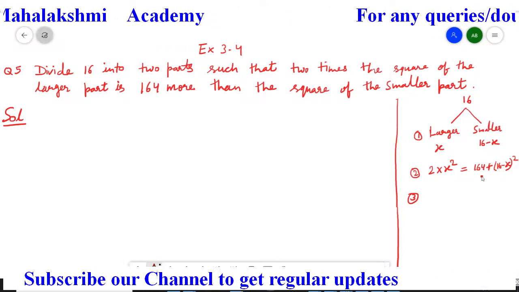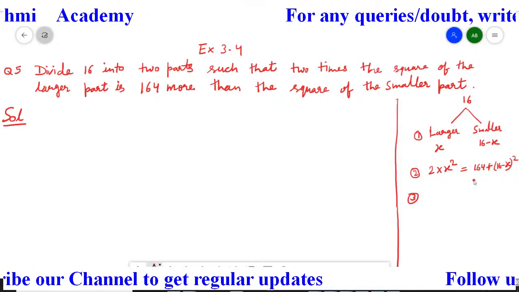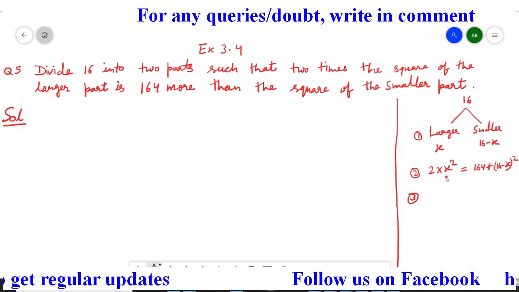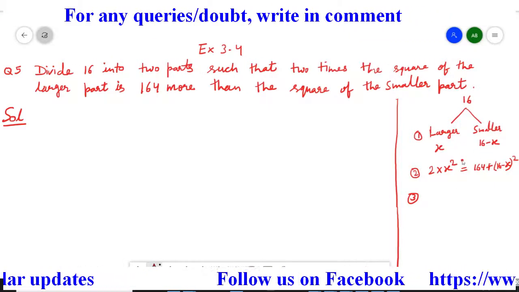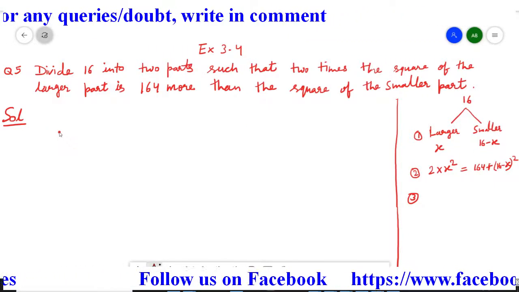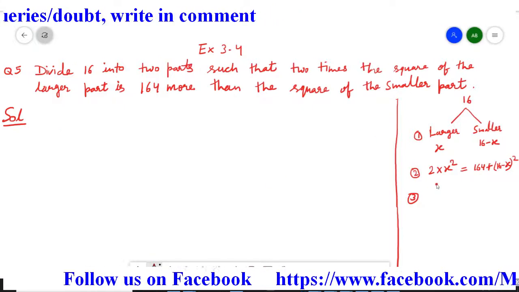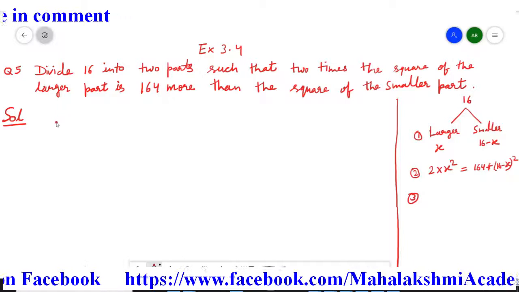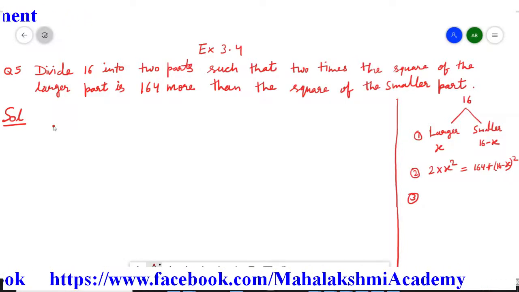Now we will get an equation like this, and this equation we have to solve, and after solving it we have to get the values of x which will satisfy this condition. So we have to start it in fair. So this is the rough one, it's not necessary to do. Only to explain I just did it. Here we have to write down the solution properly.